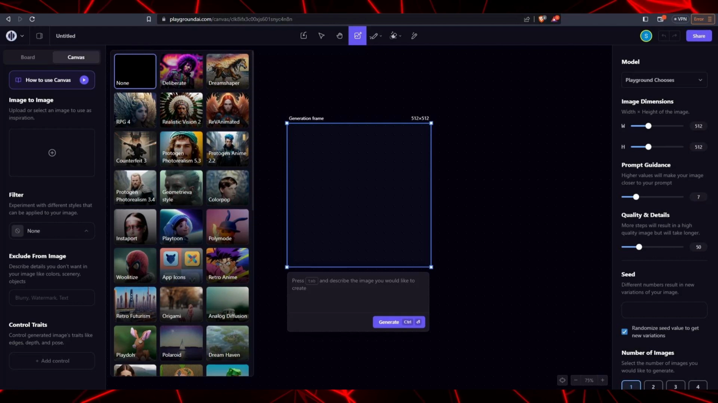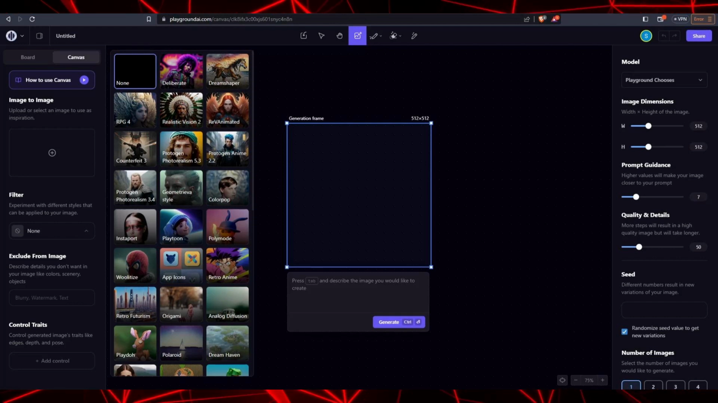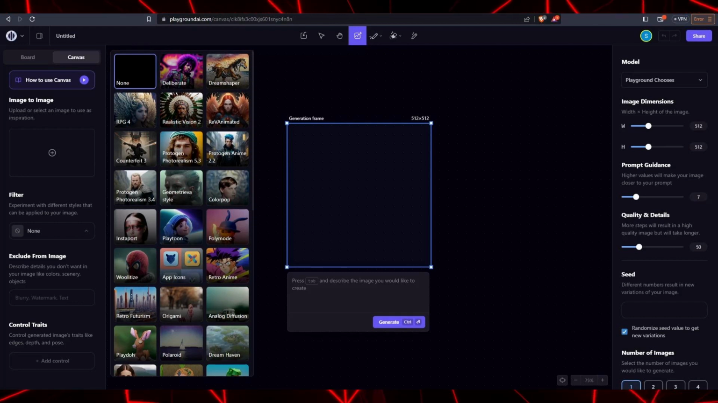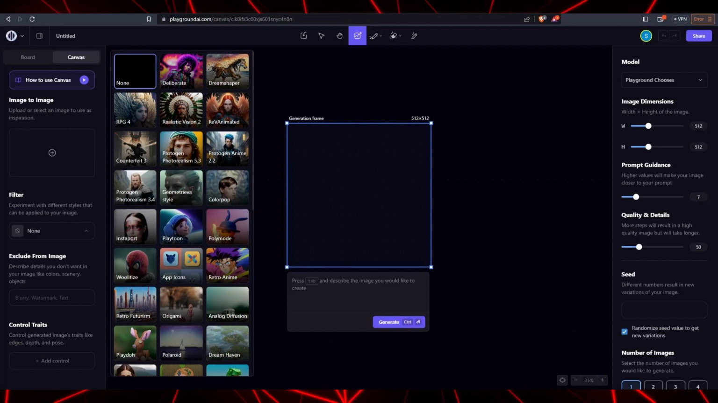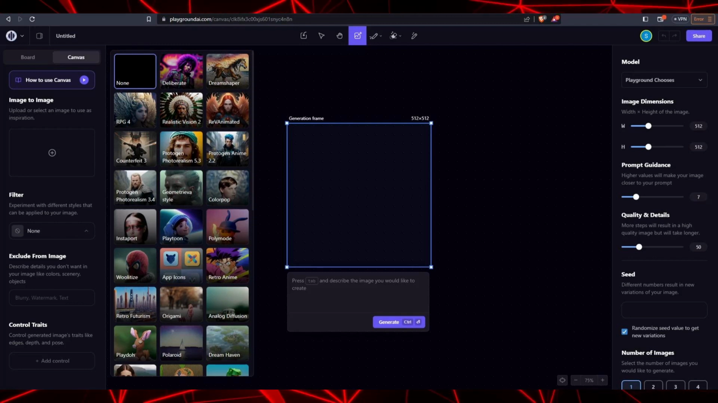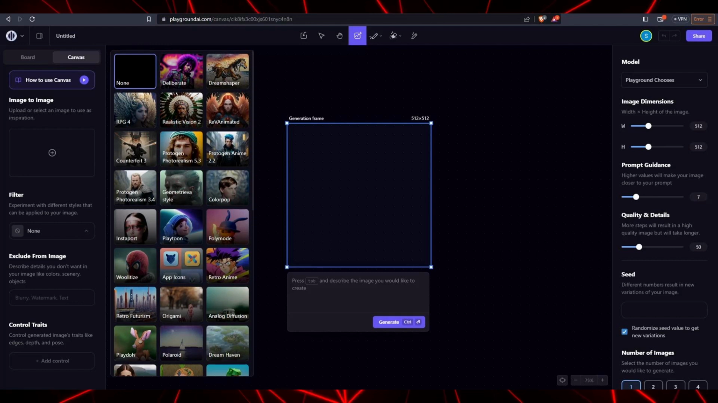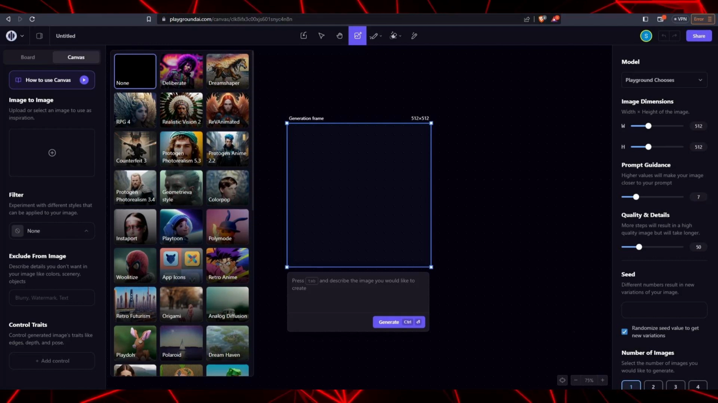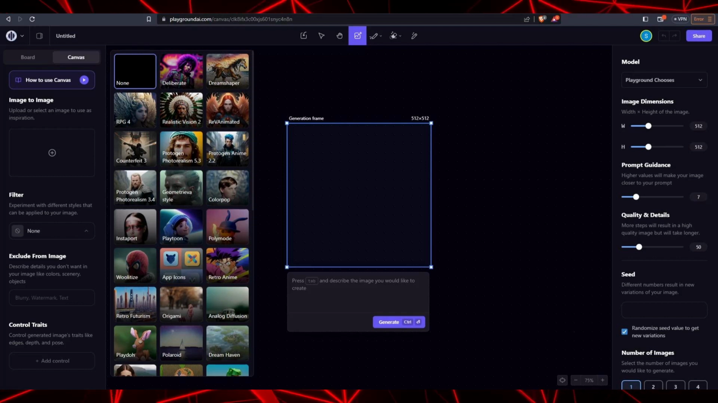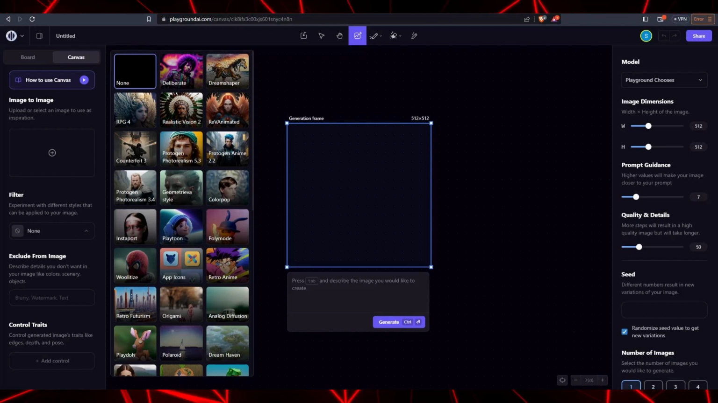On the left-hand side, you'll see the filter option. This is less of an Instagram filter and more of a personal style to apply to all generated images. You can either have no style or choose a specific style to have for all your images. Below it, you can exclude certain details and prompts from images, for example, removing certain things like trees or other